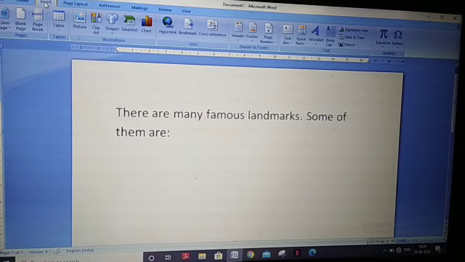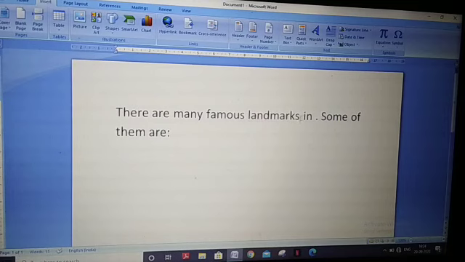First topic is inserting text. Now in this sentence, there are many famous landmarks, but 'in our country' is not written there. So first of all, you place your cursor where you want to insert text. I placed my cursor after landmarks. Now start typing: in our country.